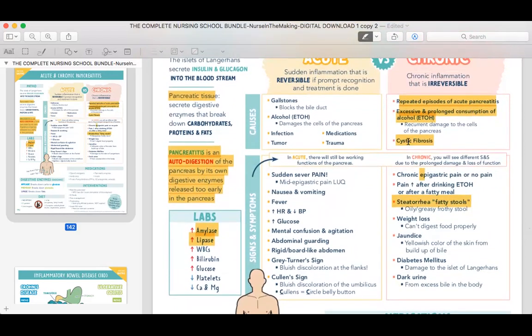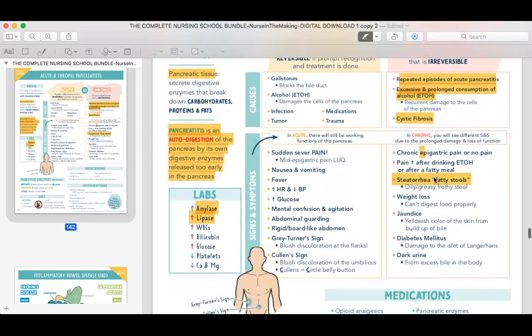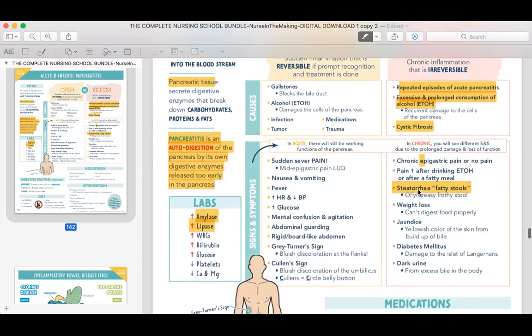Especially in patients that have cystic fibrosis, you get fatty stools because your lipase isn't breaking down your fats. So now when you go to the bathroom, from a bowel movement, you're going to have fatty stools, oily, greasy, frothy stools. So for cystic fibrosis patients, we want to give them medications such as the